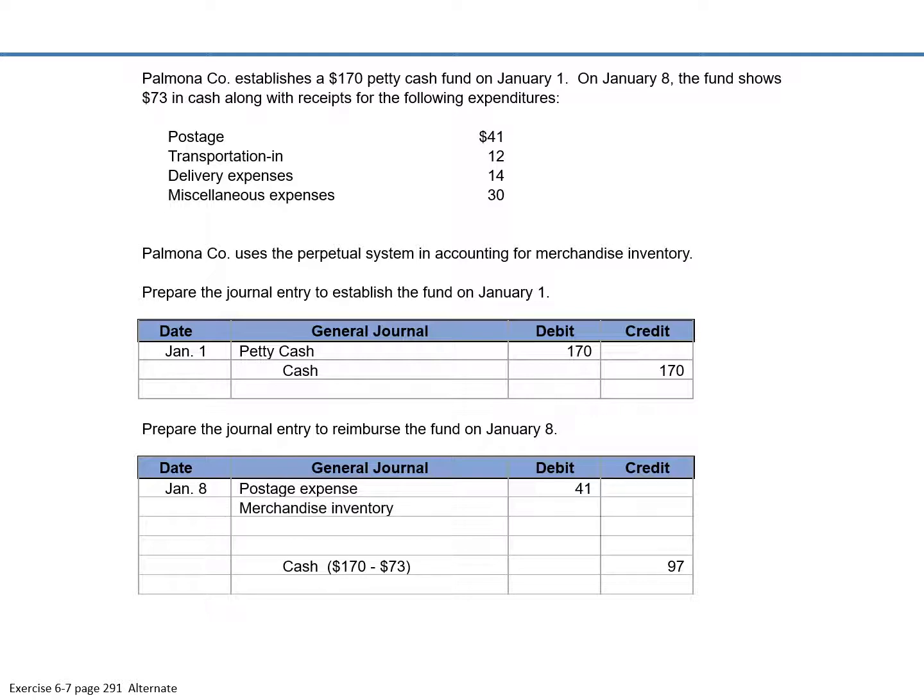Debit to postage expense for 41, debit to merchandise inventory for 12, debit to delivery expense for 14, and debit to miscellaneous expenses for 30. Okay. Then